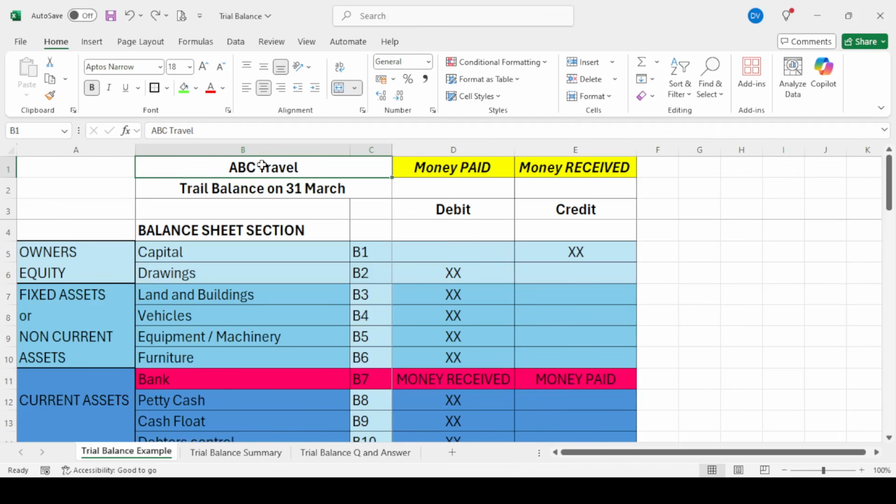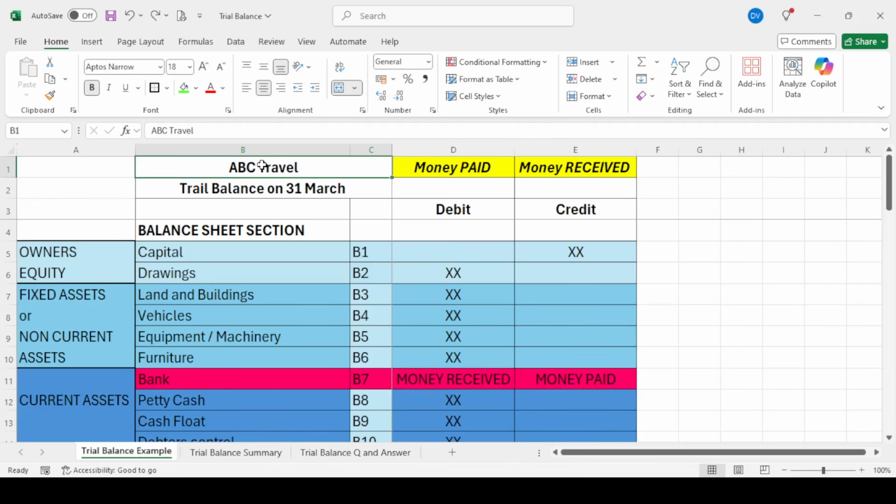The reason for this is because I don't know if you've thought about it, but where do all these balances and totals come from that you see in the trial balance? In real life, it would have come from your general ledger. Okay, so your trial balance is basically a list that you're putting together of all of the balances and totals that would come from the general ledger.